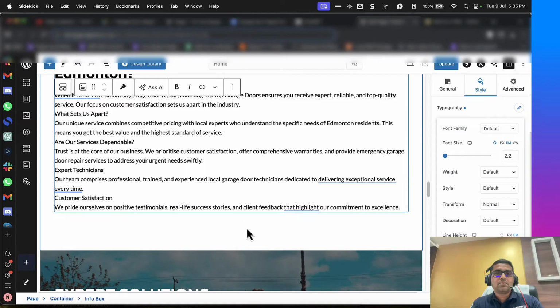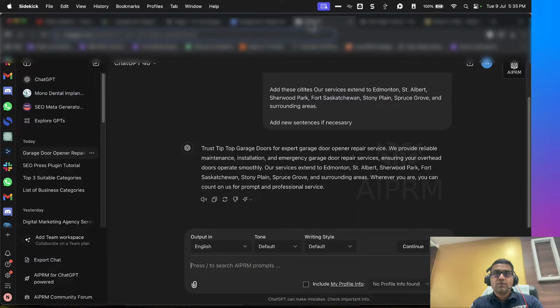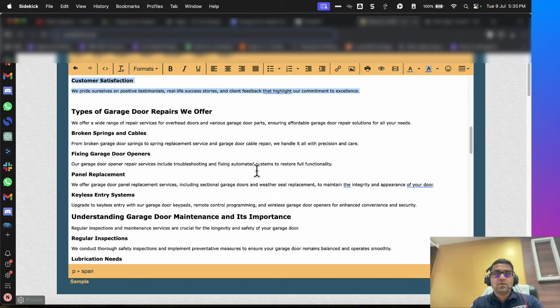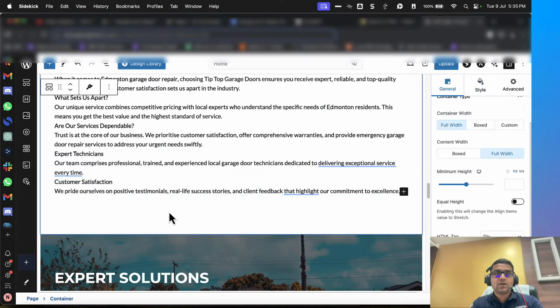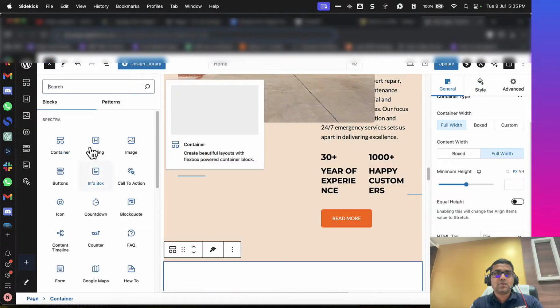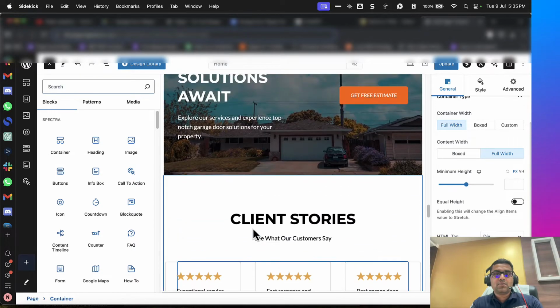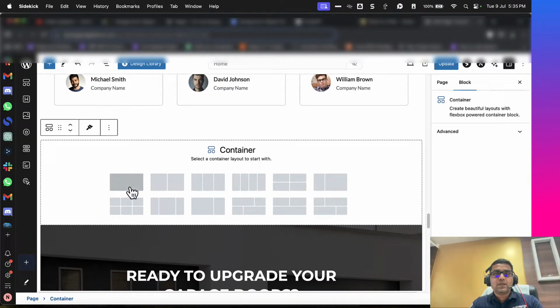I won't fix it, otherwise there would be more AI footprints. So I have added one of the paragraphs like this just to make it a little bit nicer. And then we can create another container. So where to place that container? Maybe we can place that container over here. Okay, so we have this container,